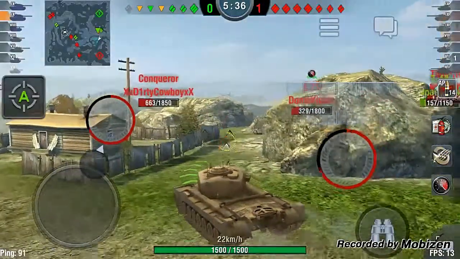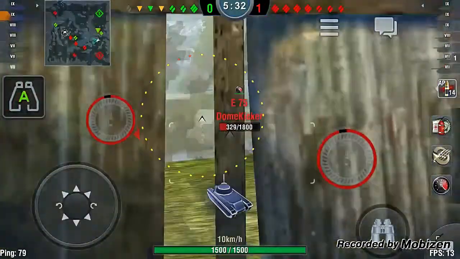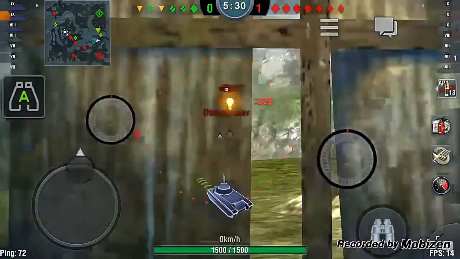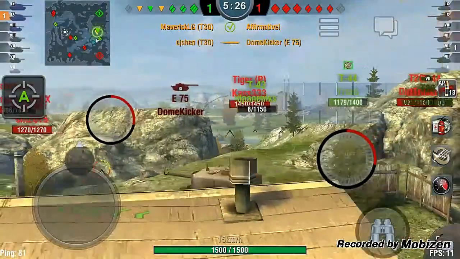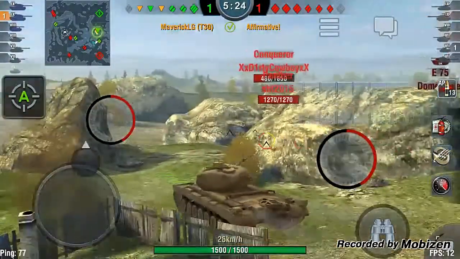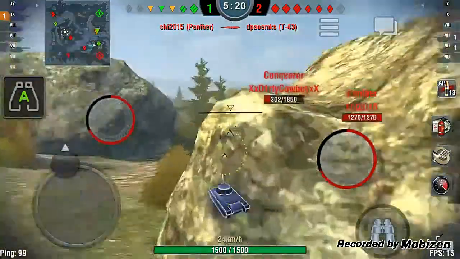My friend proceeds to move across. Well, no, he actually stays there. I decided to secure a kill on the E75 and go ahead and take him out of the fight. One less gun shooting at you, and go ahead and decide to keep on pushing up towards the Panther and